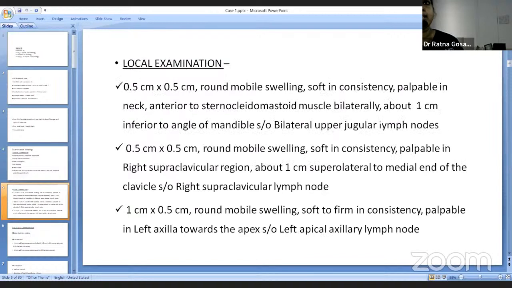Local examination: about 0.5 by 0.5 centimeter round mobile swelling, soft in consistency, palpable in neck, anterior to sternocleidomastoid muscle bilaterally, about 1 centimeter inferior to angle of mandibles, which suggested bilateral upper jugular lymph nodes, and 0.5 centimeter into 0.5 centimeter round mobile swelling, soft and